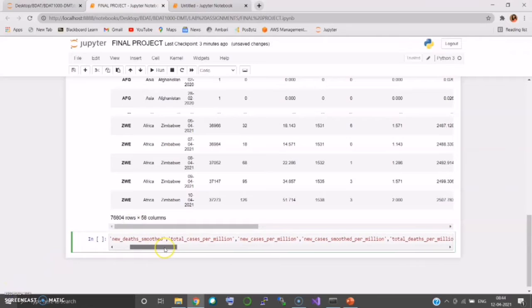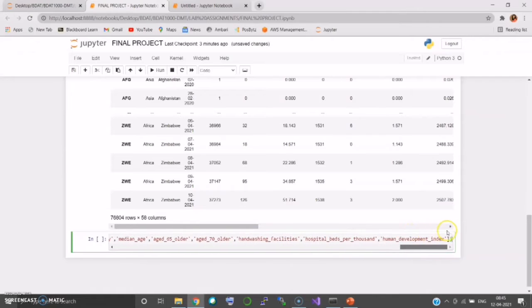From the dataset, I have removed new cases smoothed, new deaths smoothed, total cases per million, new cases per million, new cases smoothed per million, total deaths per million, new deaths per million, new deaths smoothed per million, ICU patients per million, hospital patients per million, weekly ICU admissions, weekly ICU admissions per million, weekly hospital admissions, weekly hospital admissions per million, total tests per thousand, new tests per thousand, new tests smoothed, positive rate, tests per case, tests units, people fully vaccinated.